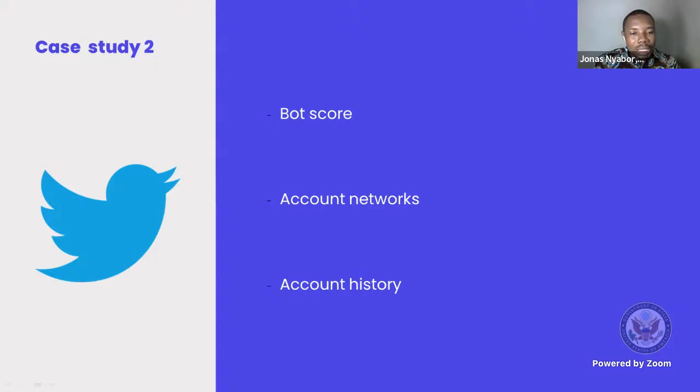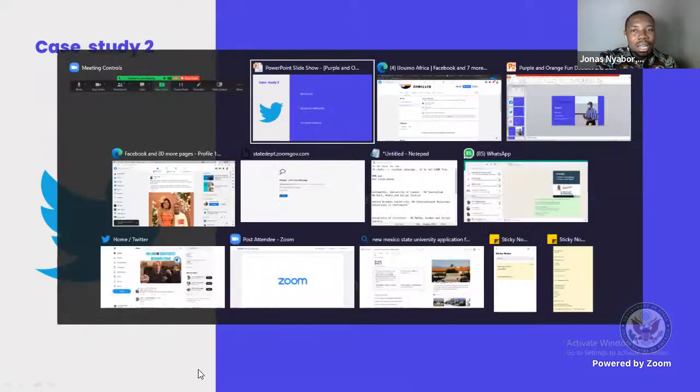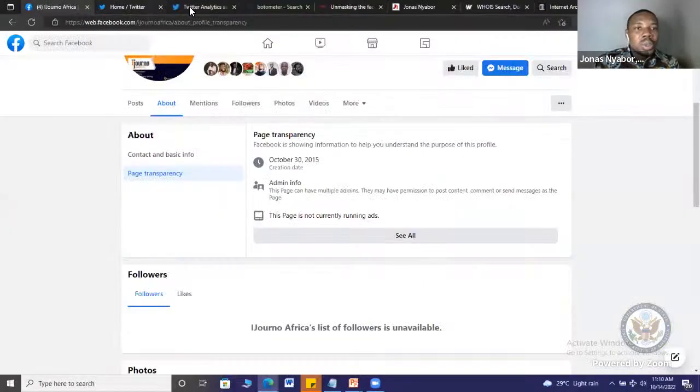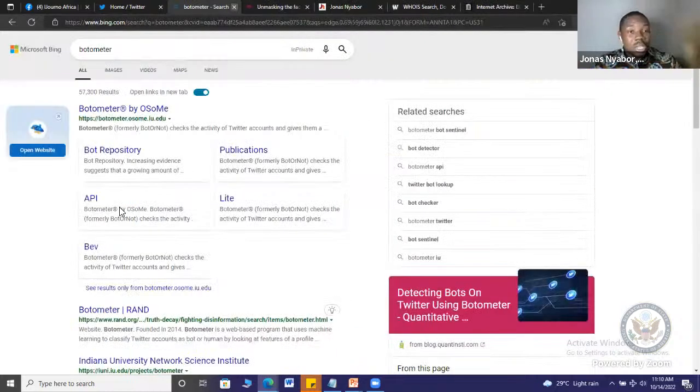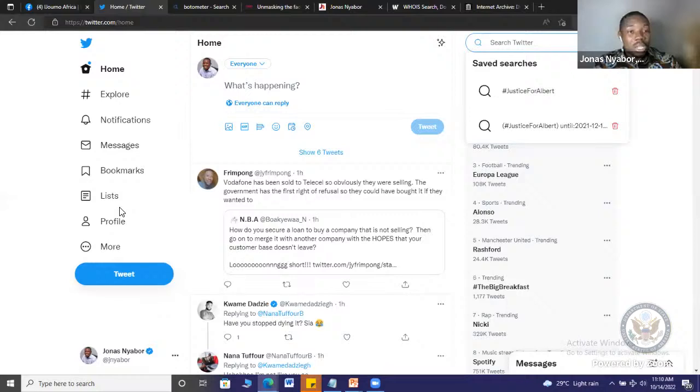I'll be discussing that. So let's look at one of the tools that we'll be using to determine the bot score of an account. And again, I would say that the disclaimer here is that whatever you are going to find is not a total indication that this is a bad thing, but it only gives you a fair idea of something that you can base on. It's additional information that you can base on.